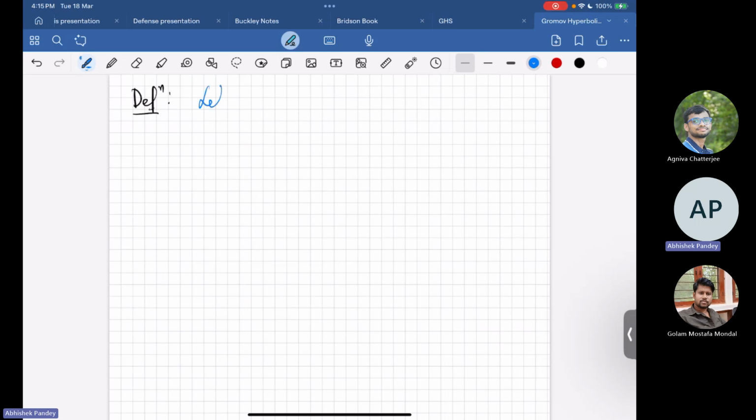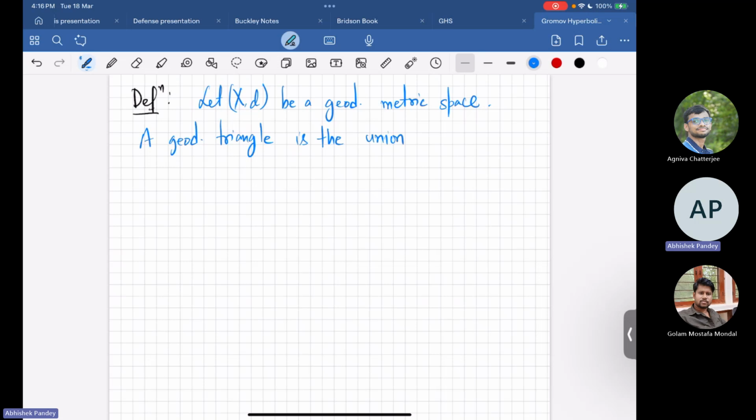So let (X, d) be a geodesic metric space and consider a geodesic triangle. A geodesic triangle is basically the union of geodesic segments,